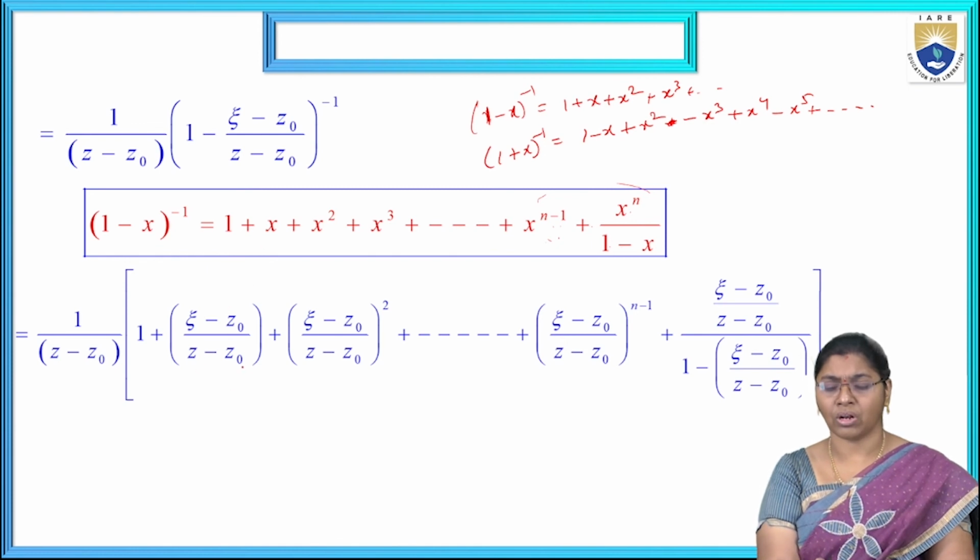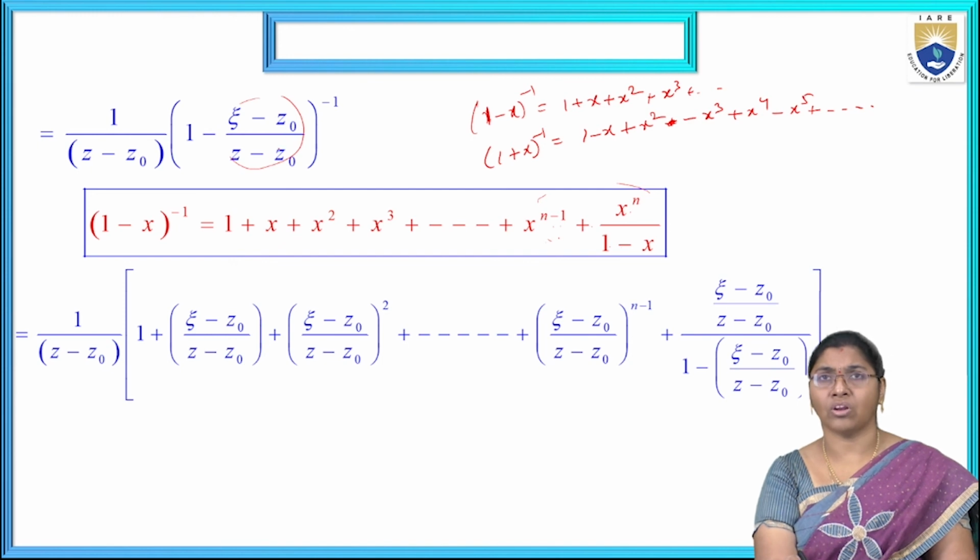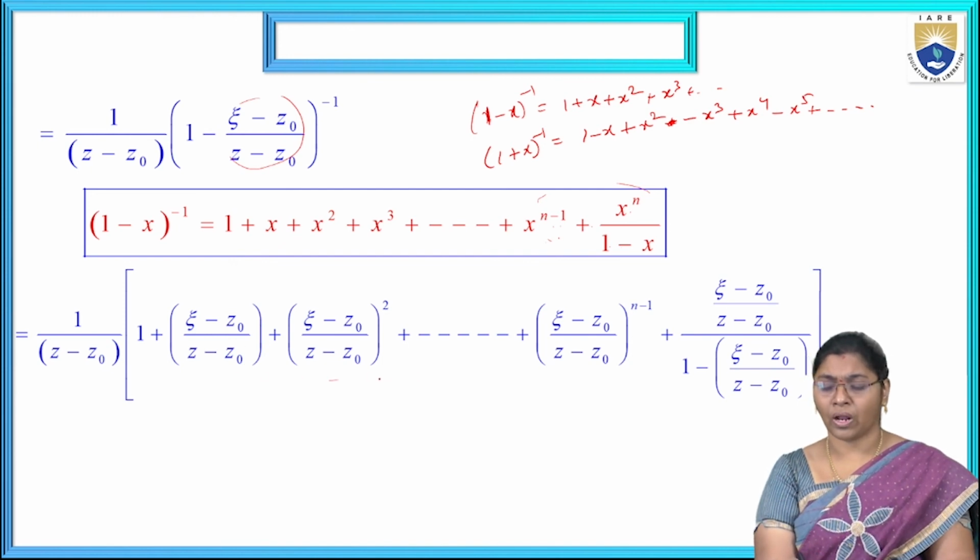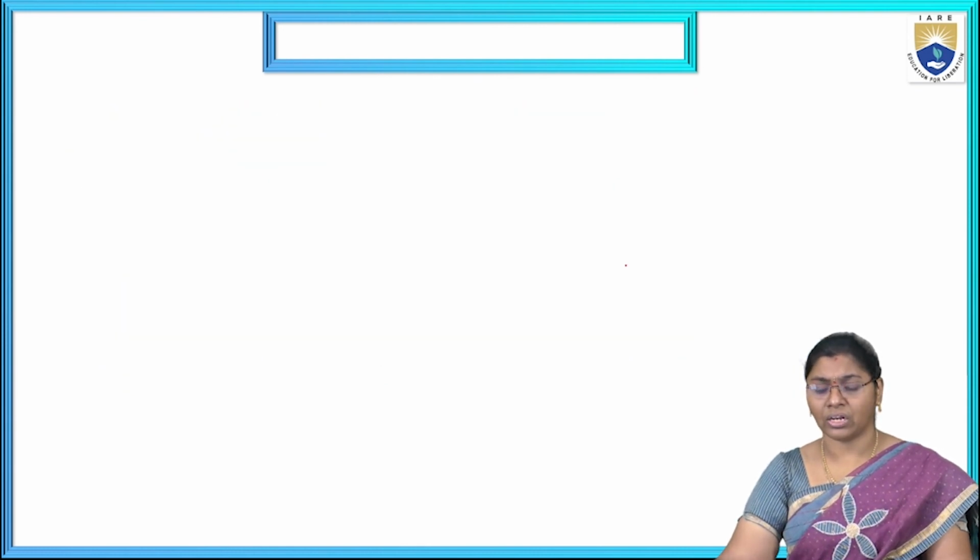Substituting each and every term, that 1 minus x can be replaced by (z minus z naught) by (z minus z naught). Continuing this process up to the nth term and remainder term. This is the nth term, this is the remainder term. Then we get,